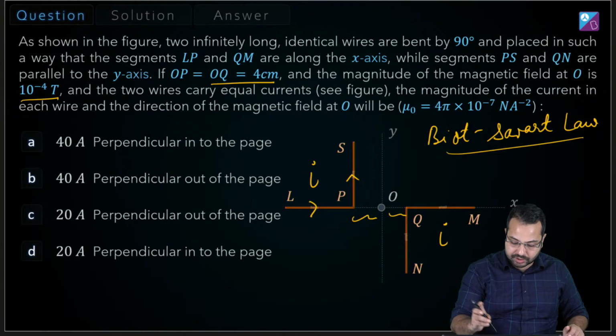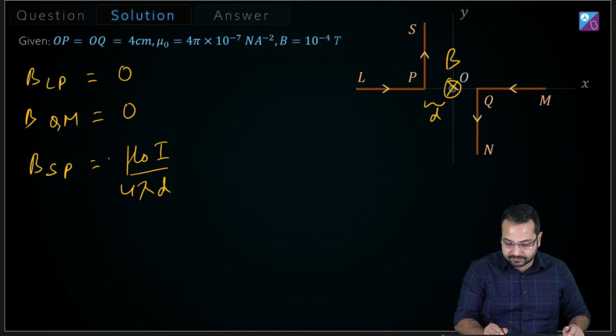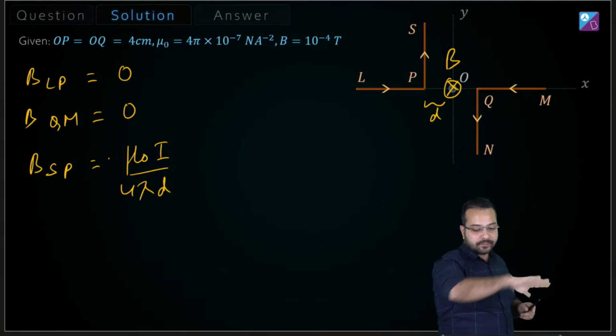Okay, sorry, it has to be like this. I'm sorry, I made the wrong diagram. It has to be like this. Don't worry, it's correct. Okay, so QN,